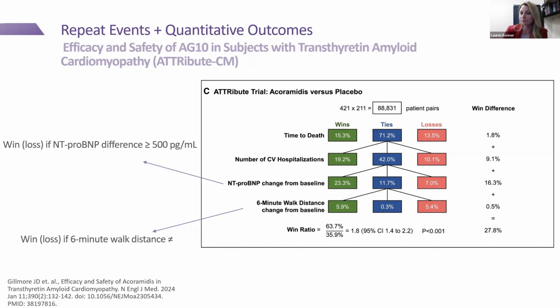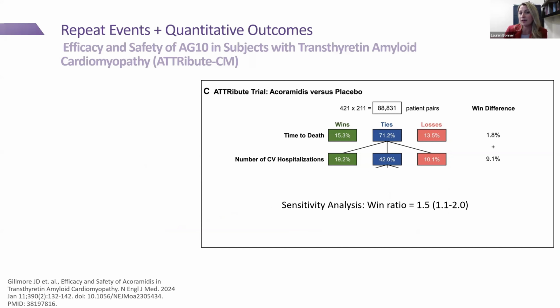a little bit problematic from really being able to say that one treatment is better than another. So they did do a sensitivity analysis where they dropped the last 2 outcomes and just estimated the win ratio using the first 2 endpoints, so that time to death and the number of cardiovascular hospitalizations. And you can see that the win ratio was still significant, although a little bit attenuated, so closer to that null value of 1, but it remains significant. And you can see that that was largely driven by a difference on the second endpoint, the number of cardiovascular